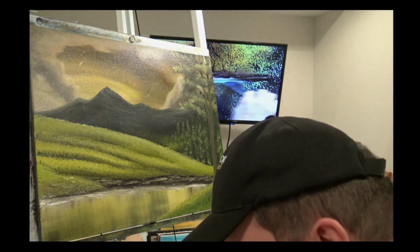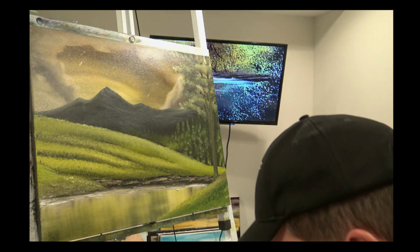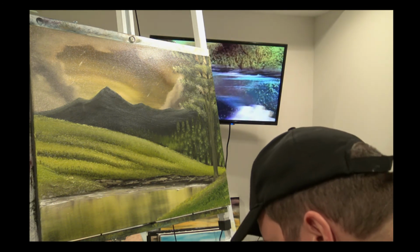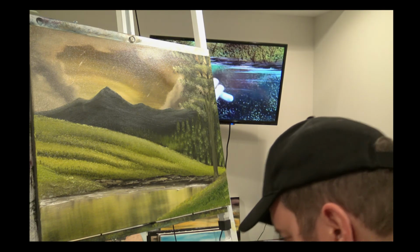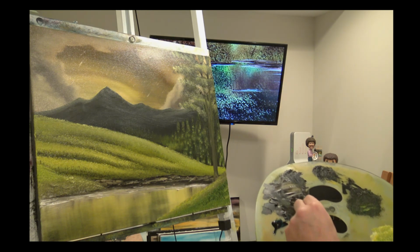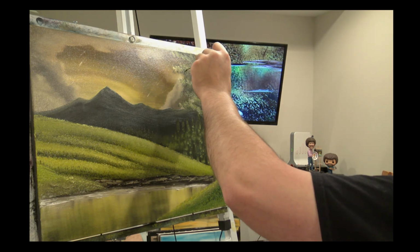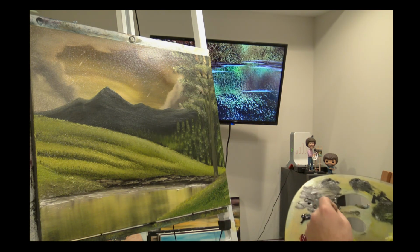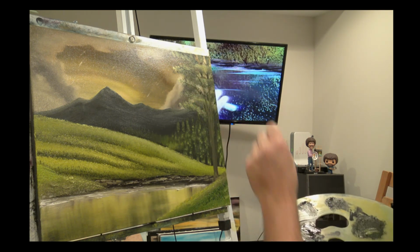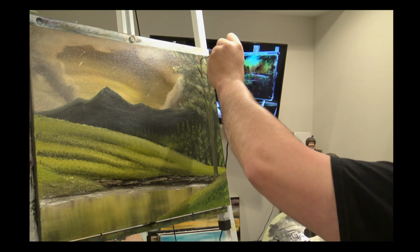And then you can go in with the liner brush, which we have somewhere. Where did I put you, sucker? Excuse me, I know it's somewhere here. Here it is. I knew I had it. I'm just going to do a little more dark here. Add just a touch more shape to that branch. Yeah, that's it, see? Just these little details